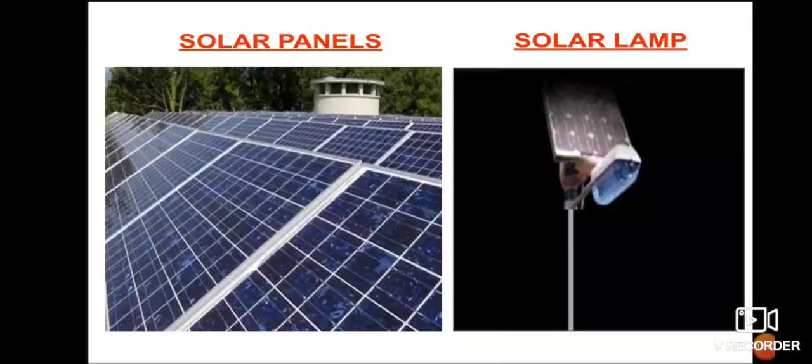What is the function of solar cells? Solar cells convert sunlight, light signals, into electrical signals. That is the important function of solar cells. This is a solar lamp. They are used in street lights, grounds, and school grounds. In so many grounds we are using solar lamps, and also on highway roads,